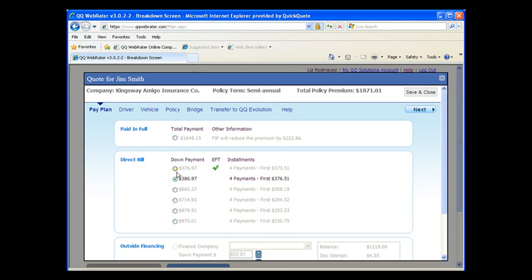So at this point, the option that's automatically highlighted is the one that you selected before, the 4 payment plan with the down payment of $386.97 that was on the comparison screen. If the insured changes their mind, let's say they come back and say, no, I really want to pay this in full, you can go ahead and change that information. And as you can see on the upper right hand side, it will change the total policy premium that was originally quoted, because now they have that paid in full discount that needs to be applied. So it does automatically reset itself. If you do not want the paid in full, then just simply leave it on one of the payment options